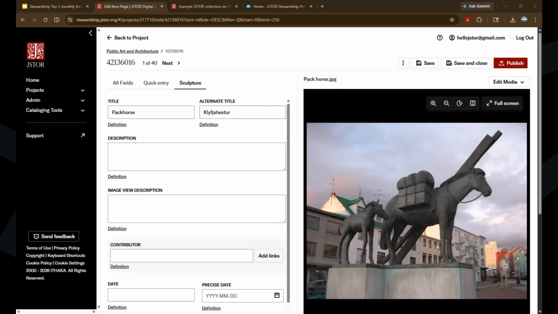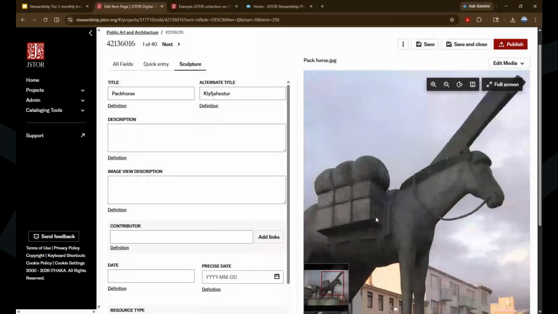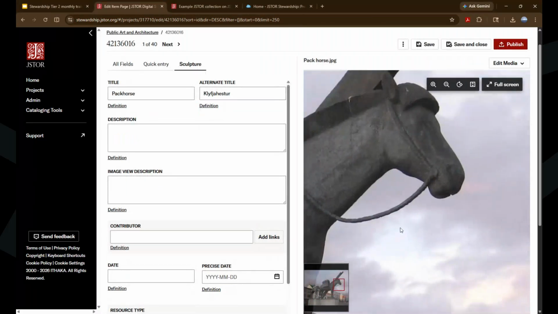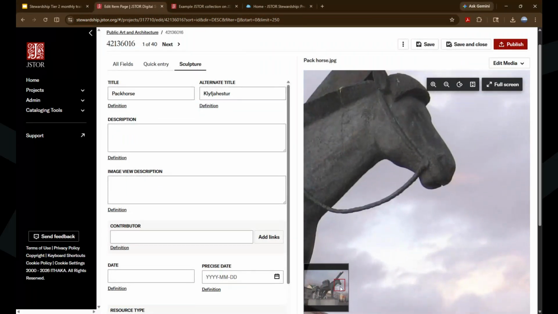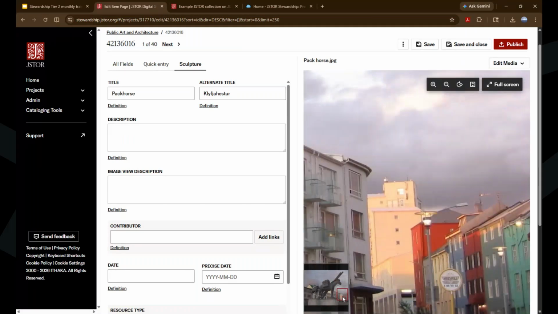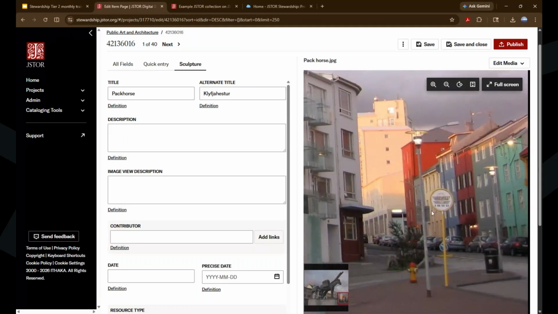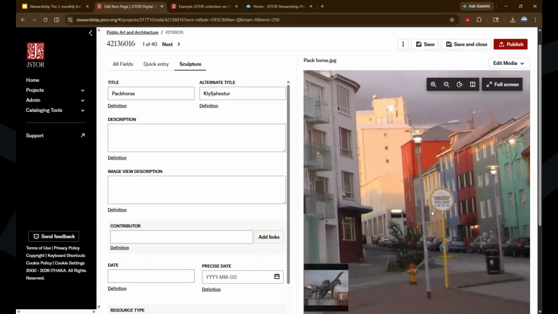Text area fields, like the description field, are free text fields with a larger display. Note you can zoom in on the image while cataloging if that helps you see more detail. You can also use this tool to pan around the image if there's anything you'd like to look at closer. And another quick tip to show you, let's go back to the